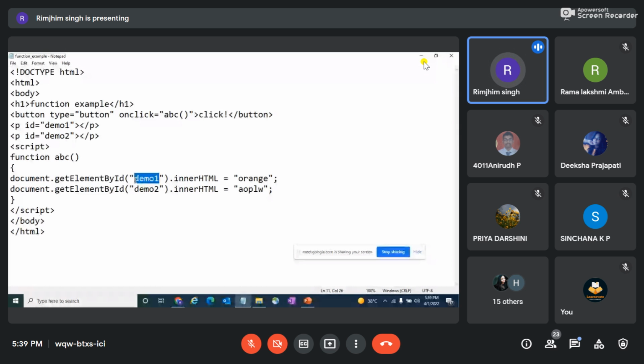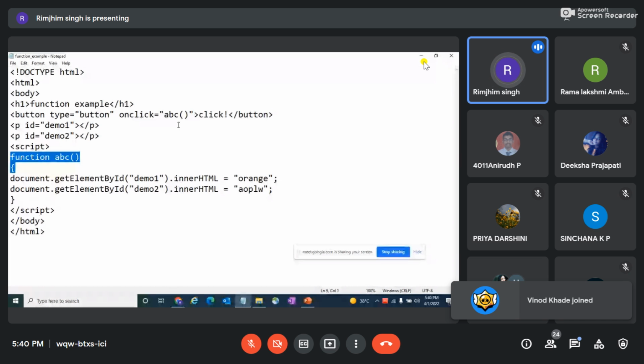As I told you, every individual has a unique ID. So if I want to print these particular values which I've written here in my program, and if I want to call it anywhere, I can just use this particular ABC keyword and then I can just call it. This is a normal thing which I explained in the starting of my session, like how I create a button, and this is an event which is occurring, and on the click of my button, I'm calling this particular function. If I want to write this program without a function, I would just remove these braces, and then I would just use onclick here and remove this thing, and then it would work how I did with the date function example.